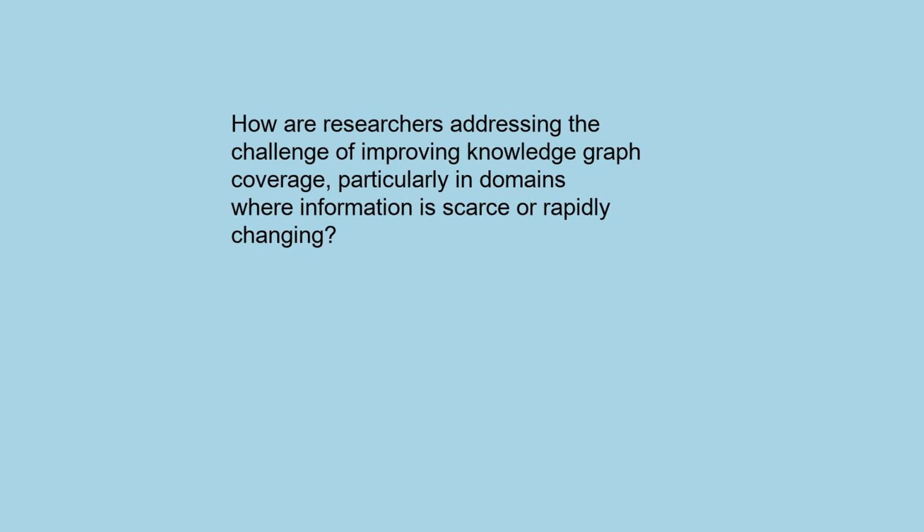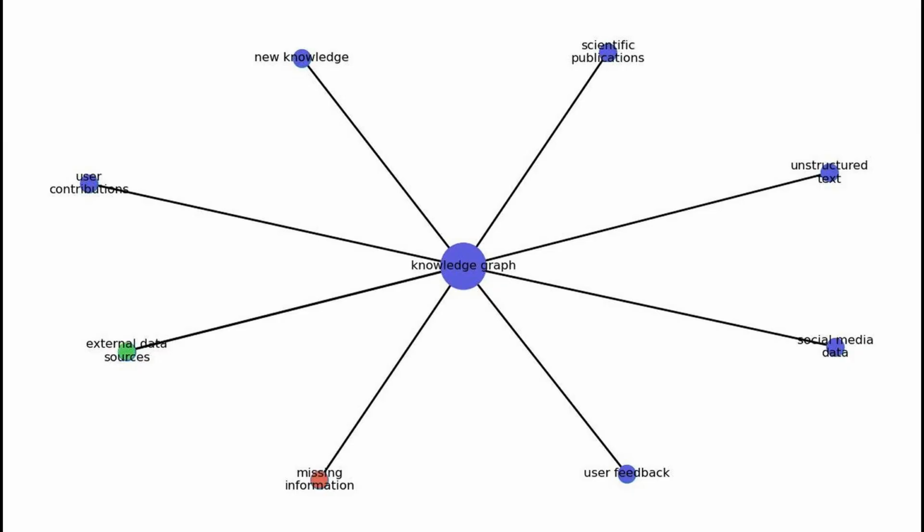The use of metrics like precision, recall, and F1 score, along with techniques for automatic error identification and correction, is crucial for ensuring the accuracy and reliability of knowledge graphs. Another important aspect of knowledge graph quality is its coverage, which refers to the extent to which it contains information about the domain of interest. How are researchers addressing the challenge of improving knowledge graph coverage, particularly in domains where information is scarce or rapidly changing? Researchers are actively exploring several approaches to improve the coverage of knowledge graphs, especially in domains where information is